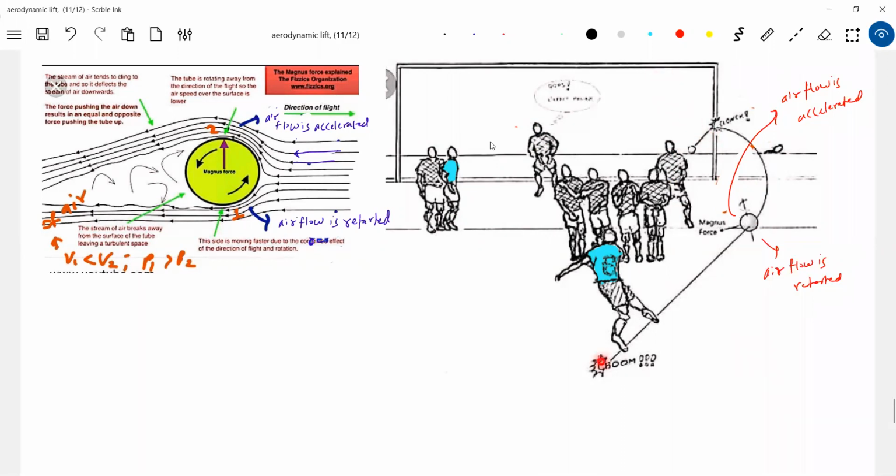Okay, can he send directly? These two persons will block it, no? So what has to be done? The ball has to be curved like this. I think we have a very popular player, no? Beckham, David Beckham, England's previous captain. He was called a perfectionist in using the Magnus force.